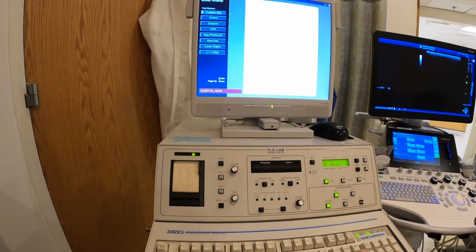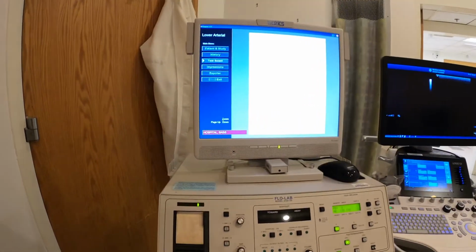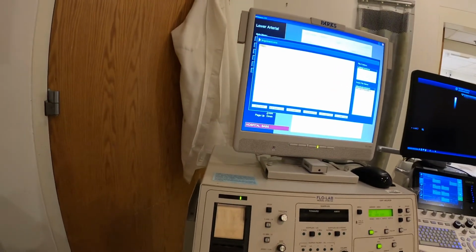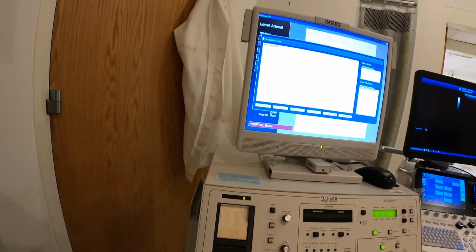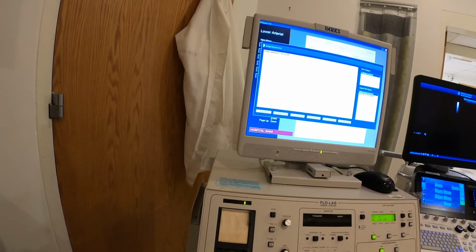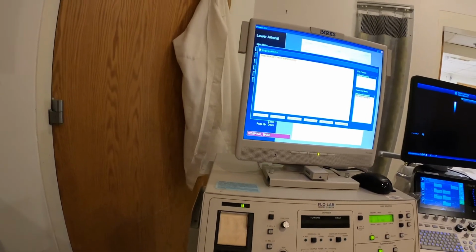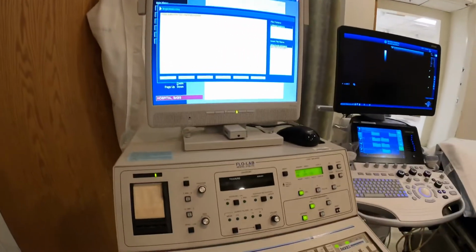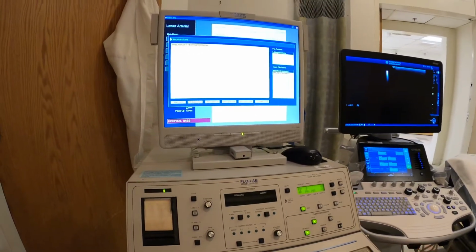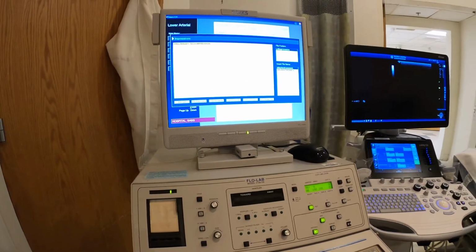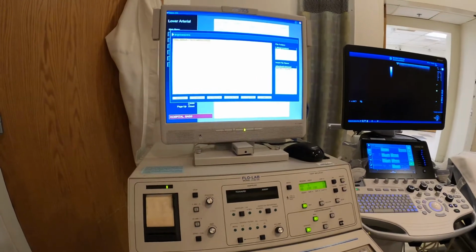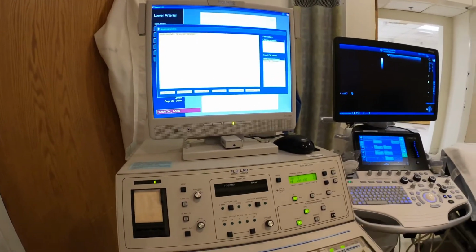I'd come down, I'd exit out of here, then I go to impression. In the impression part, I put preliminary tech impression, and then I put in what I think. You don't have to do this at the beginning. They probably will just go ahead and read it without wondering what you're thinking, just because you're new at it. But if you want, you can put that in normal, not normal, what the resting ABI was on the right, what the resting ABI was on the left. At that point, you escape,